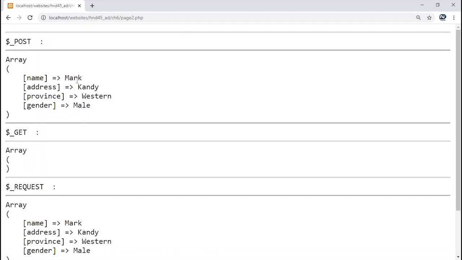The values that we entered in the first page, the page 1.php file, the information that we entered in the front end has been received in the back end. The same information that we typed there has been received here. That is the important thing. When you are doing your real projects also, you need to make use of this method of displaying the values you receive from the previous page before you do any database operations. First you have to make sure of all the values that you have received here, then you can think about adding or saving them in a database table.